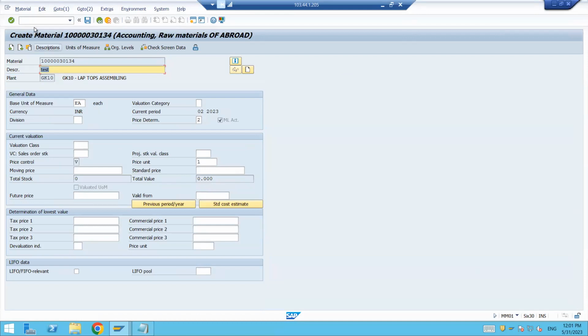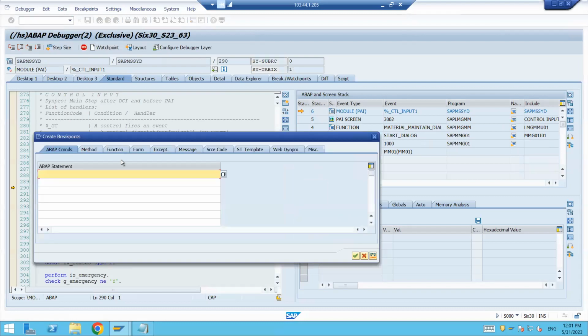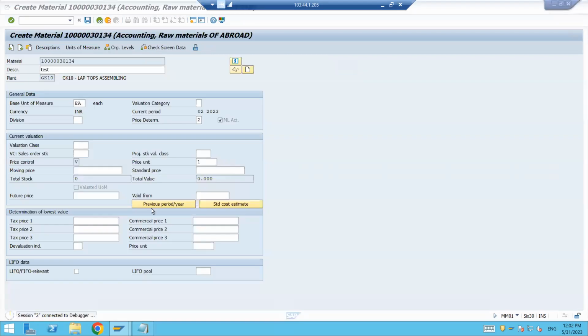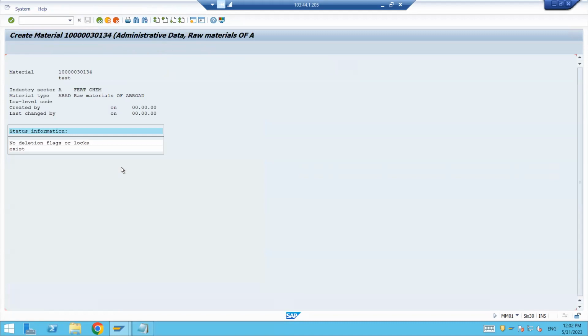Here, I'll just make sure that I have put the dynamic breakpoint on this call function in update task. See, call function in update task or call function in background task, both are being used to maintain the SAP LUW, like update FM or tRFC, or maybe perform some form on commit work. So these are some techniques which are used to maintain the SAP LUW. So anything can come in between. Okay, so press F8, give this valuation class, and